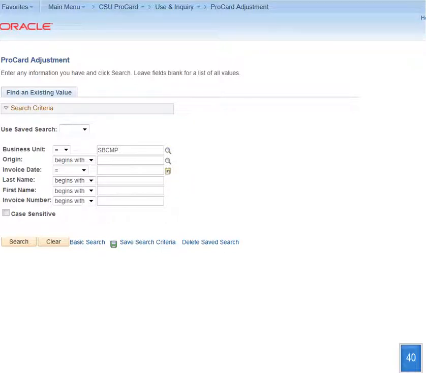Okay, we're getting ready to start our search process. We will be using a last name. We must make sure that we identify business unit, origin, and last name to start our search. Notice on the top